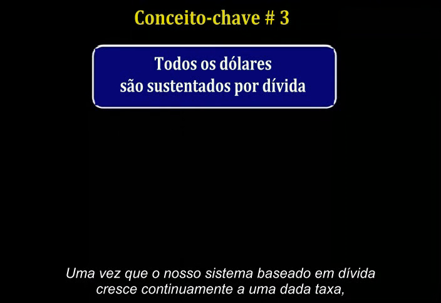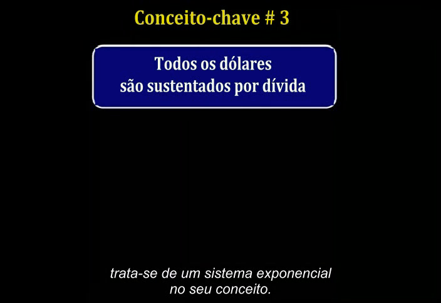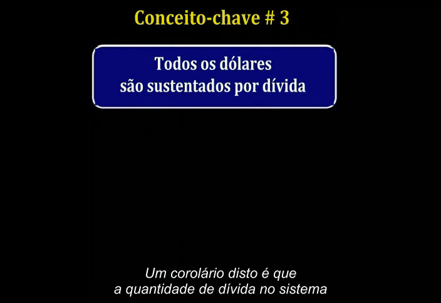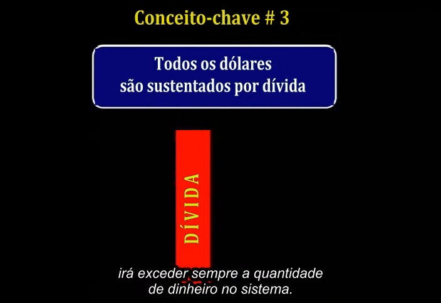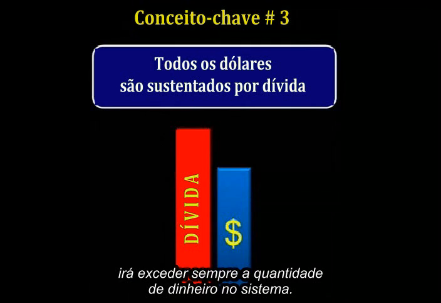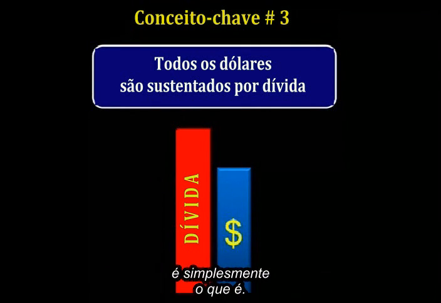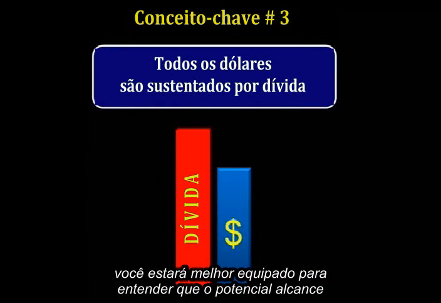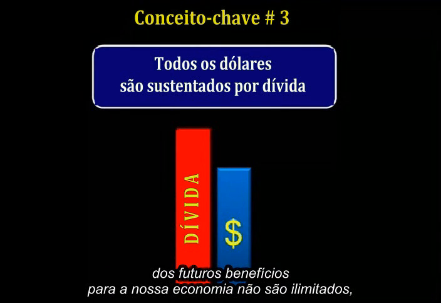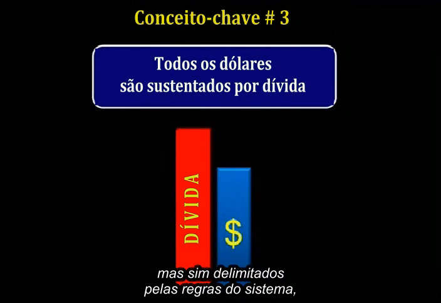Because our debt-based money system is growing by some percentage continually, it is an exponential system by its very design. A corollary of this is that the amount of debt in the system will always exceed the amount of money in the system. I'm not going to cast judgment on this and say that it's good or bad. It simply is what it is. By understanding its design, though, you will be better equipped to understand that the potential range of future outcomes for our economy are not limitless, but rather bounded by the rules of the system,